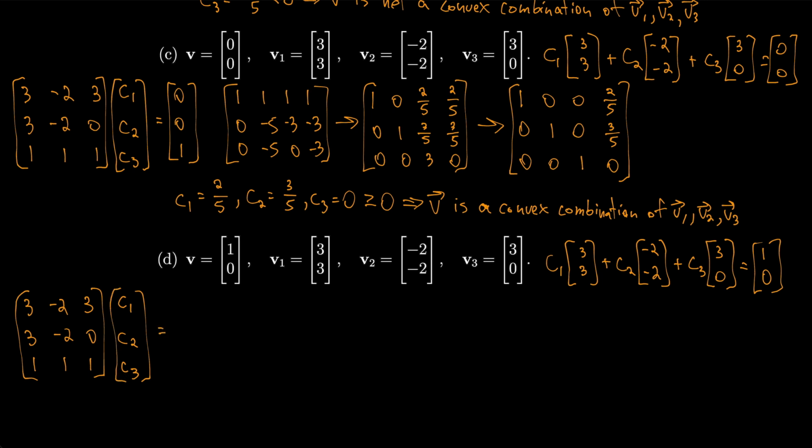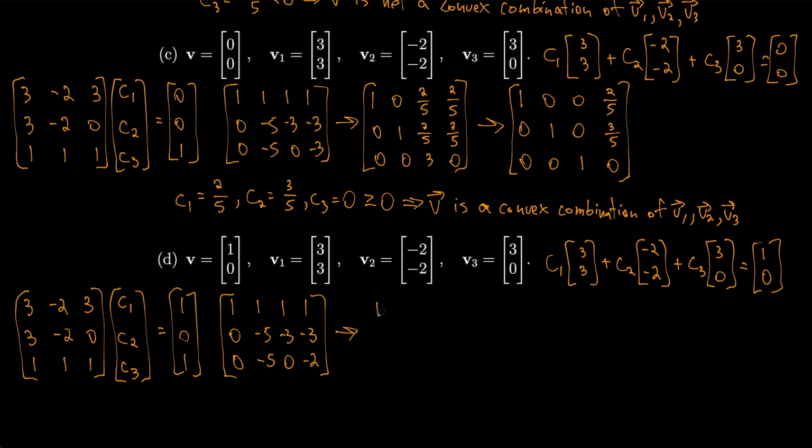And we set that equal to 1, 0, 1 this time. So we have a reduced matrix 1, 1, 1, 0, -5, -3, -3, 0, -5, 0, -2,